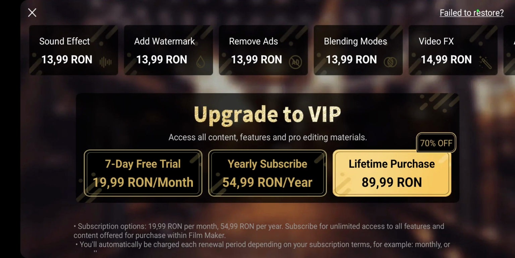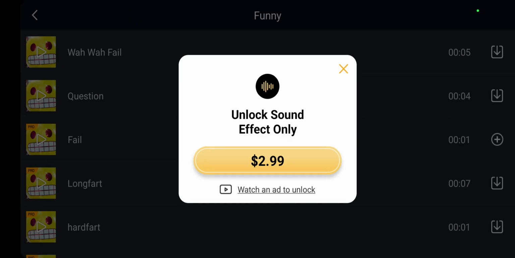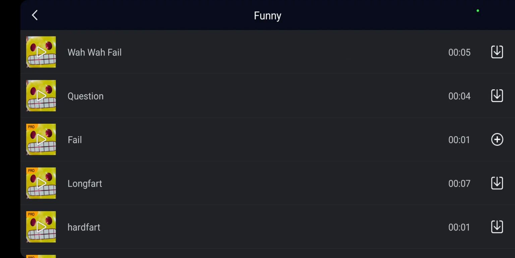But actually that's a premium sound effect, so I can't select it because I don't have